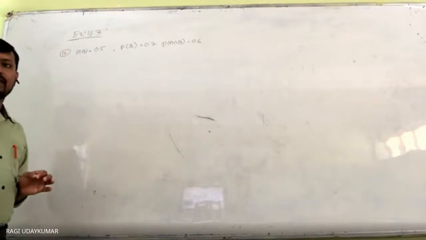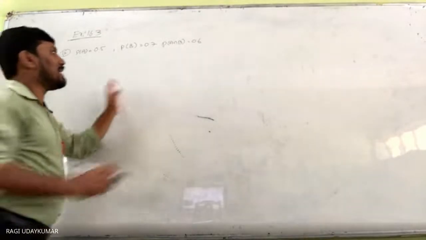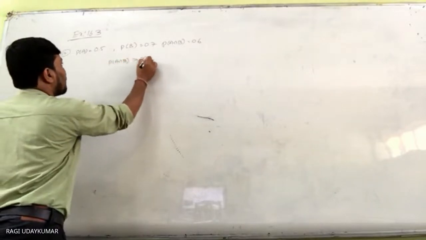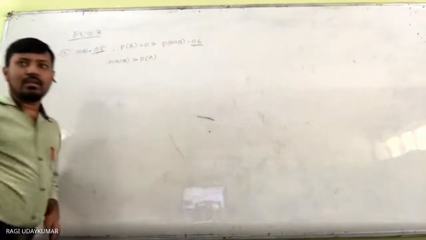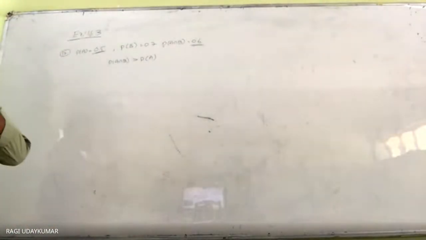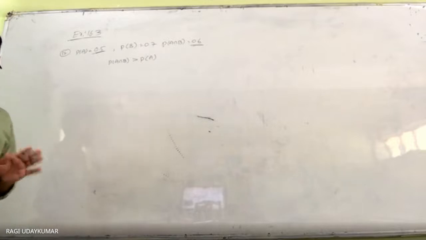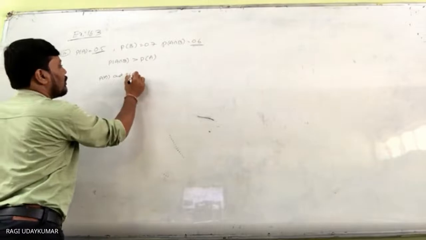Suppose you consider P(A intersection B), here the intersection is greater than P(A). This is greater than, right? Then you can say that the two events E and F, meaning A and B, are not consistently defined. Probability of A and probability of B are not